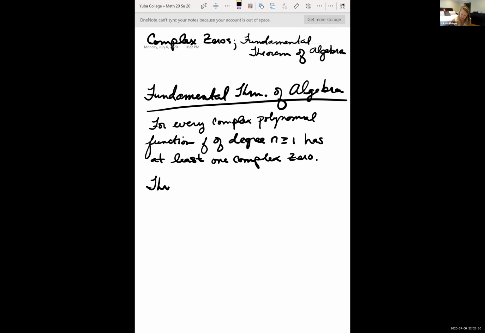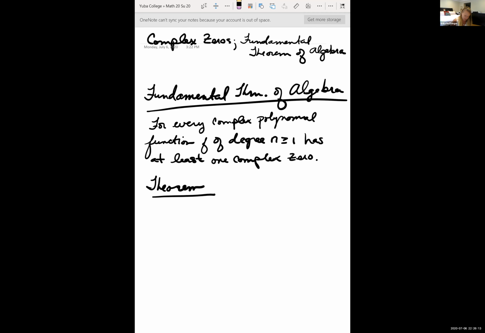And based off of that is another theorem. That's the one I really was telling you about. So every complex polynomial function of degree n greater than or equal to 1 can be factored into n linear factors, not necessarily distinct, of the form